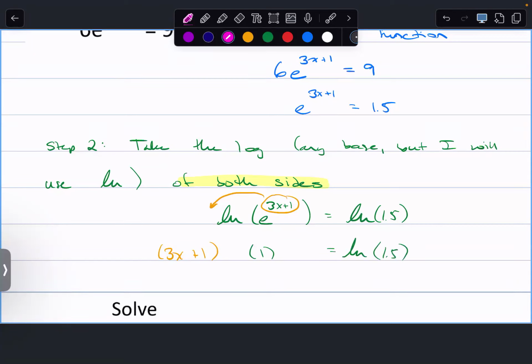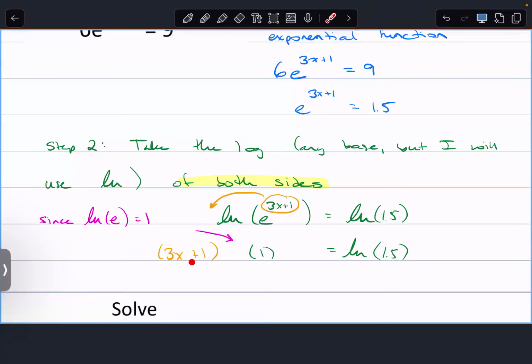And this is 1, since the natural log of e is equal to 1. E to the power of 1 is e, and so the natural log of e is just 1. That's worth kind of committing to memory as well. You can talk yourself into it every time, but eventually you're just gonna write 1, and that's fine.